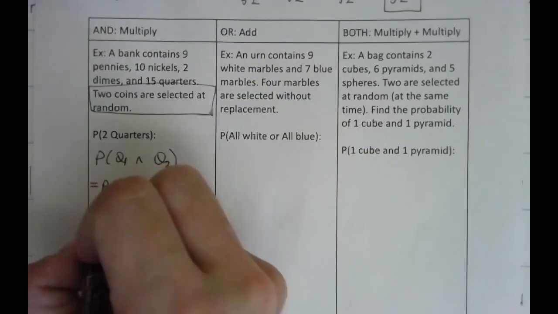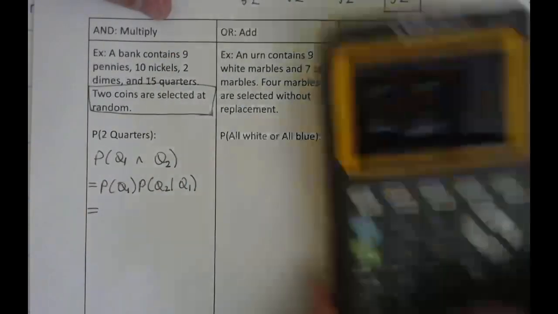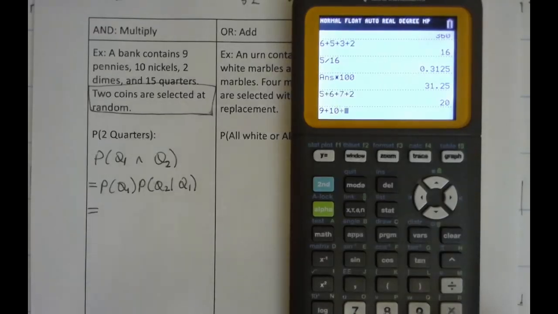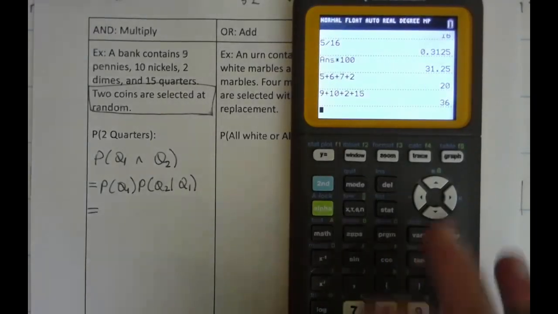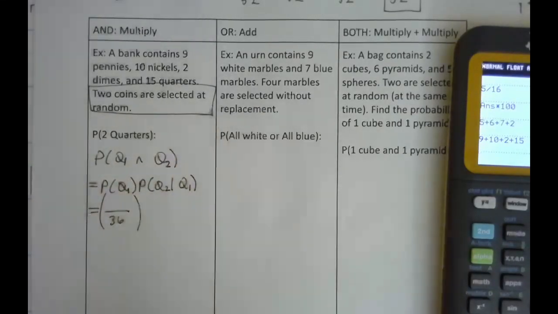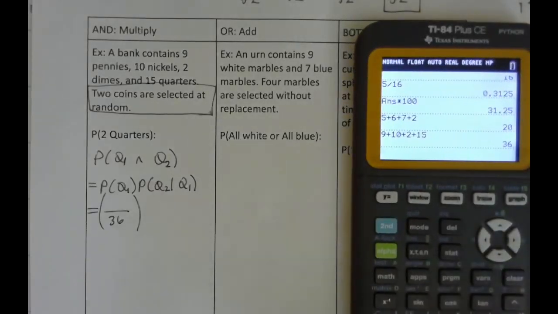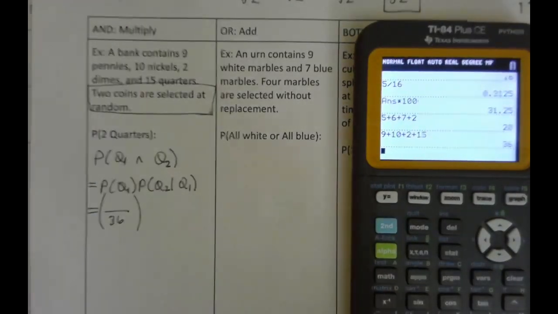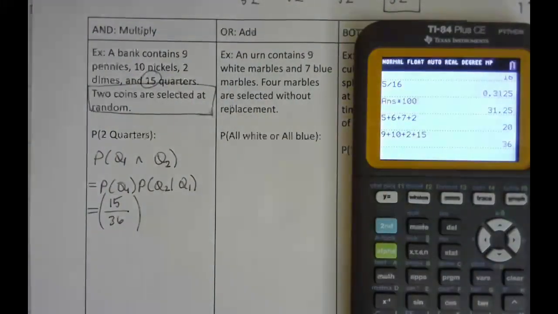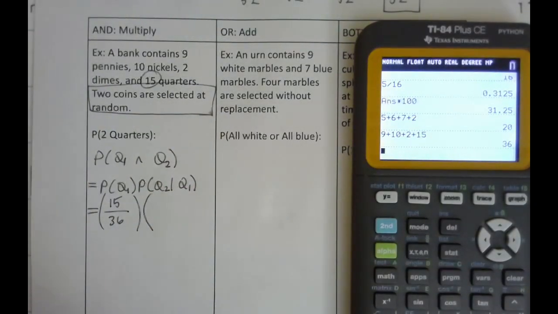Alrighty? So the probability you pick a quarter at first, let's see. There are 9 plus 10 plus 2 plus 15 options, which is 36. So there are 36 total options here that we could pick from. And 15 of them are quarters. Okay? So there's a probability you get a quarter. All right, now we're multiplying by